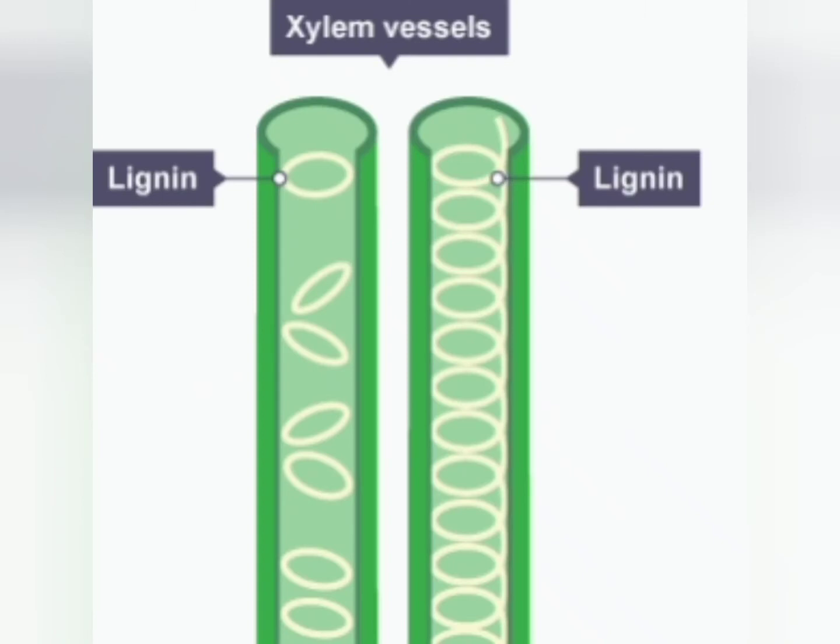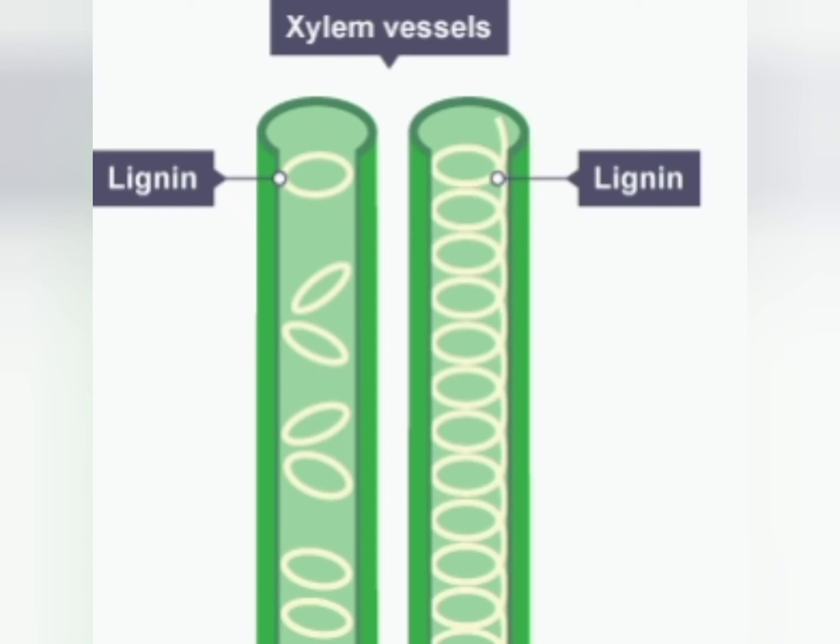Next is vessel. They are very long tubes which are formed by end-to-end union of a large number of dead empty cells, where the transverse walls break down completely. The walls are lignified too. They generally possess pits. Vessels and tracheae are conducting or the tracheary elements of xylem, and vessels are more efficient than tracheae. They occur in flowering plants mainly.